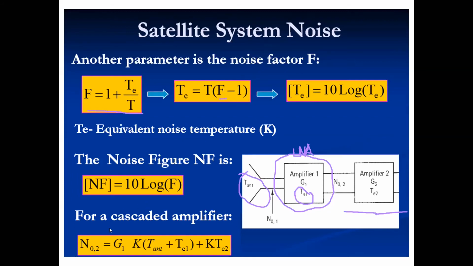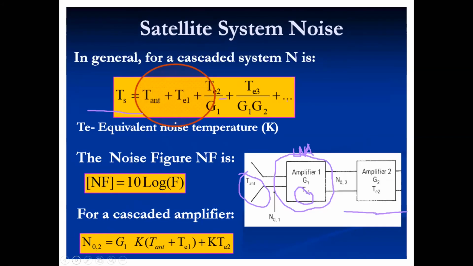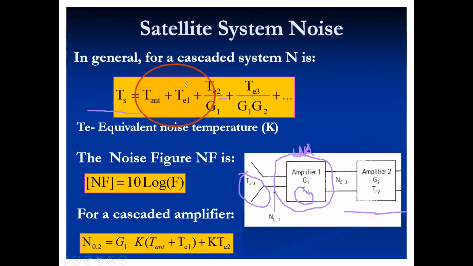When I take a multiple stage amplifier, definitely when I'm talking about transmission over such a long distance, it cannot be a single stage, it will be a multi-stage amplifier. So for the cascaded stages, there is an antenna temperature, the equivalent noise of the first stage and the further stages. These two are actually deciding the total noise contribution of the setup. And how can I reduce the antenna noise? I have already told you that if we provide an elevation to our antenna, the radiation from the earth being picked up by the antenna will be reduced, and the equivalent noise temperature of the antenna gets reduced.